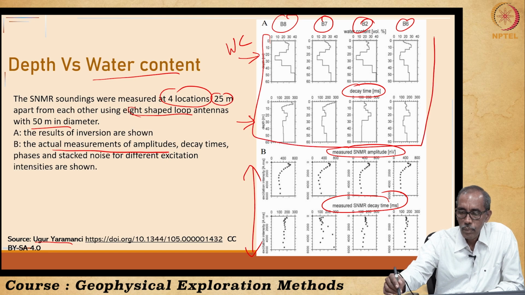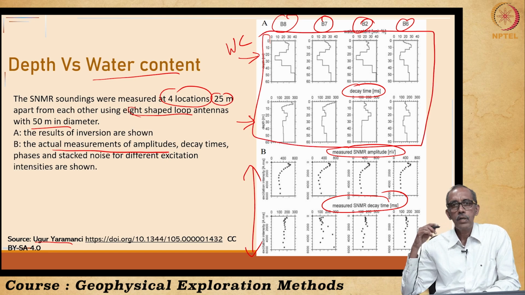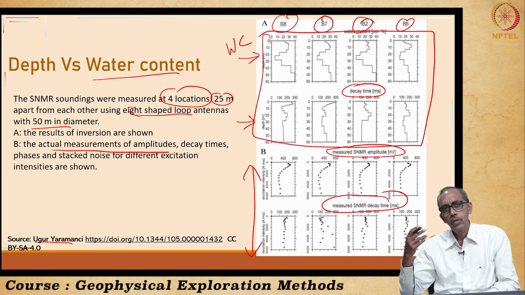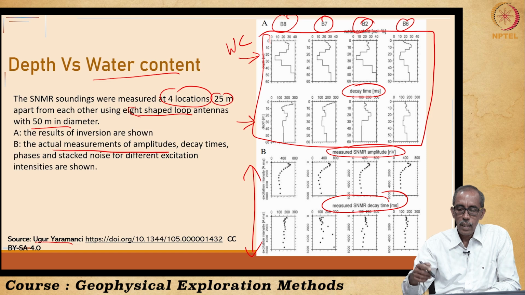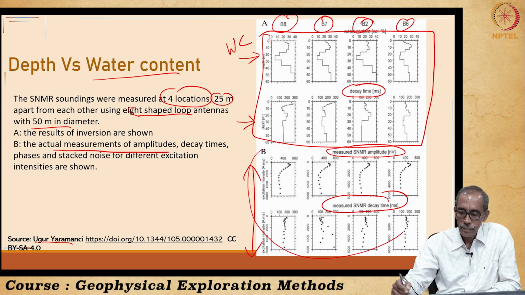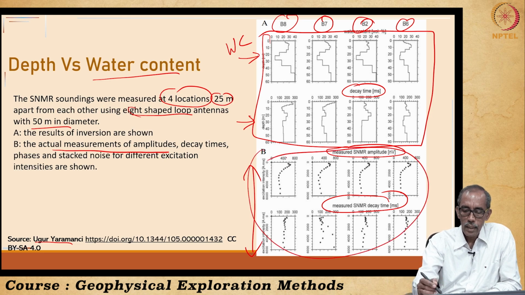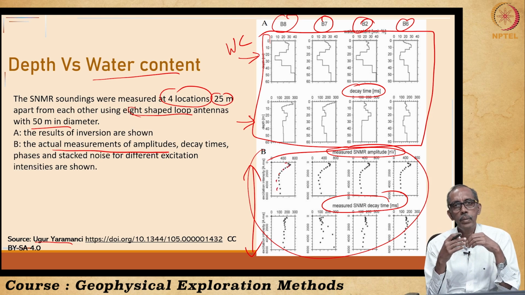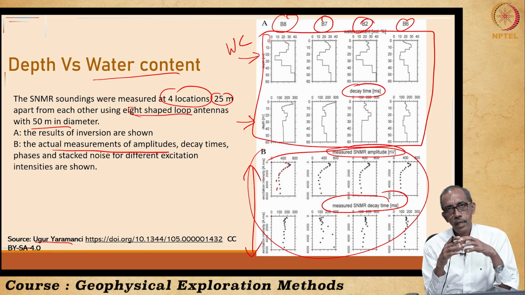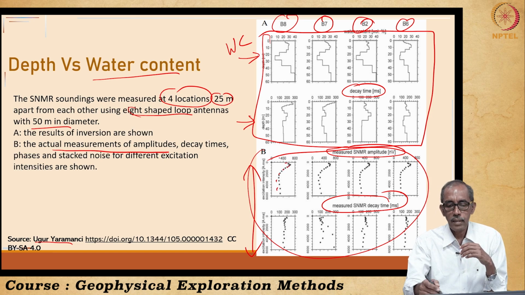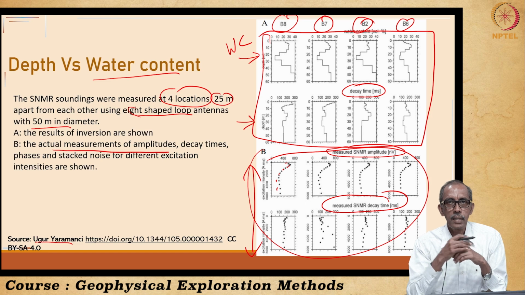So, we have been seeing inverse models in almost all geophysical methods. Here too, what is an inverse model? I have mentioned many times. So, here is the raw data. In order to get data something like this, what is likely to be the condition of the subsurface? So, we assume some geological configuration below the surface and calculate the SNMR signal.